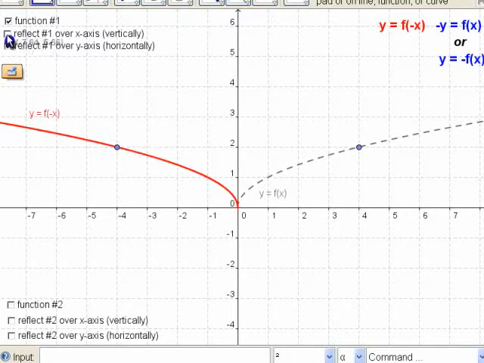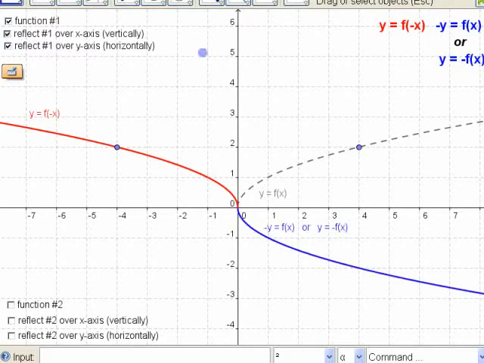Whereas if you do the other reflection, the y coordinates change. That's 4, 2. This becomes 4, negative 2. The y coordinate changes. If you reflect this way, the x coordinate changes. Even if it's some other kind of a function here,